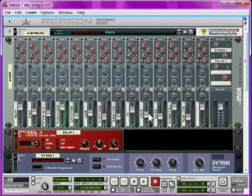Yesterday, I taught you how to arrange the song from all the pieces we've made throughout this tutorial. Today, I'll explain mixing and mastering for trance music, then I'll play the full finished version of the song for